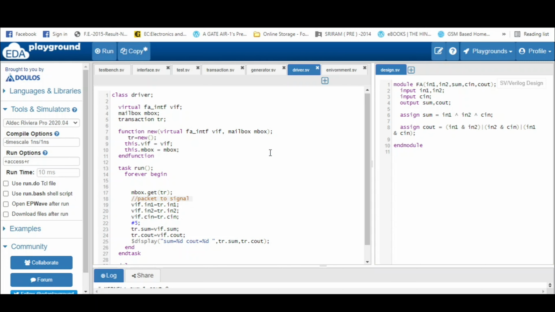So that's it guys. In this video we explained the verification of a full adder. I hope you will try from your side, take another design, like a half subtractor or any complex DUT design, and the testbench setup will be like this only. In the next video I will connect the monitor and scoreboard for checker purposes, so don't worry.